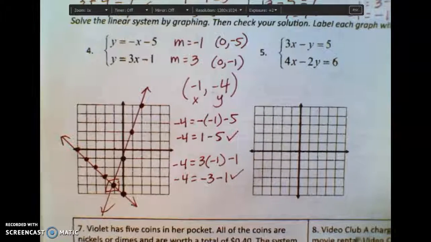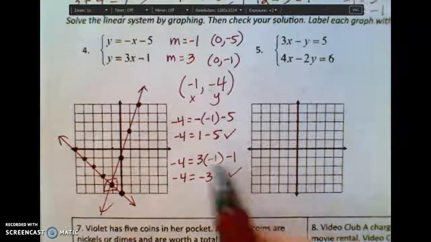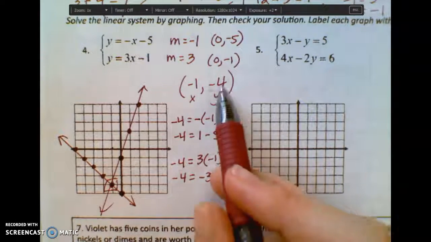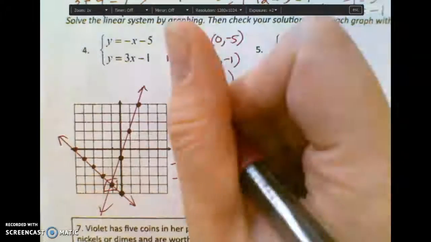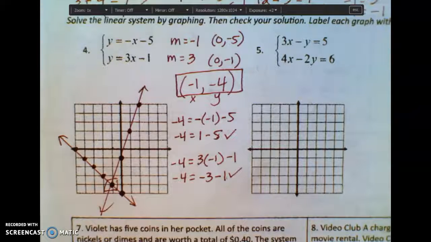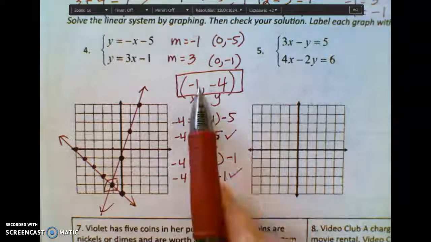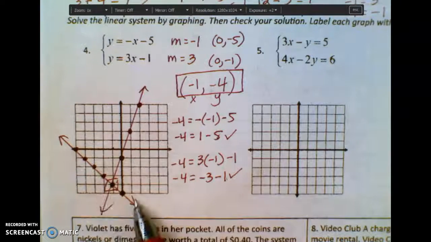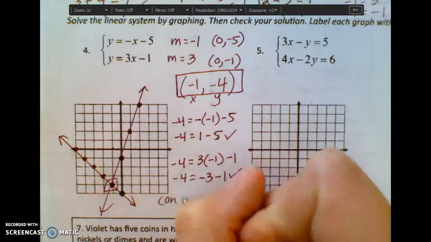You can also check them in your calculator. That is fine. So we found that that ordered pair does satisfy both of these equations. So we are going to circle it or put a square around it because that's our solution. That is the solution that satisfies our system. Now we just need to label it. So is this consistent or inconsistent? This is consistent